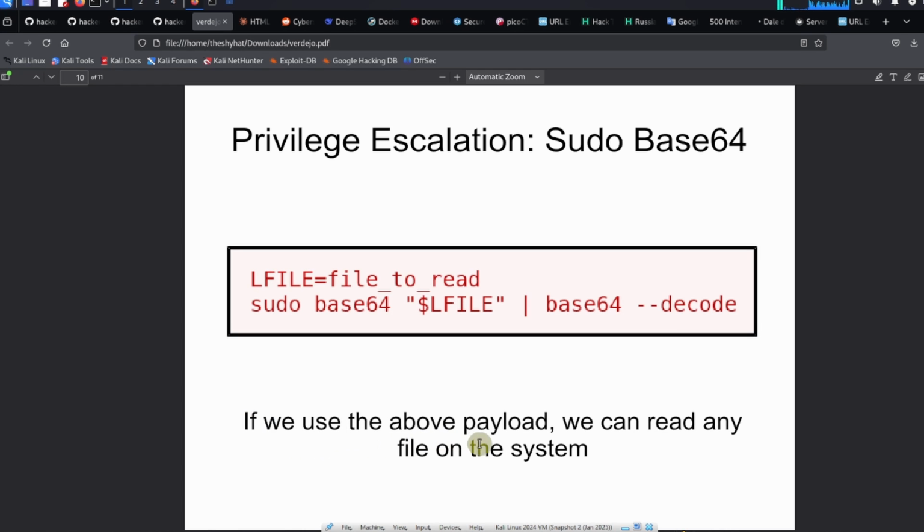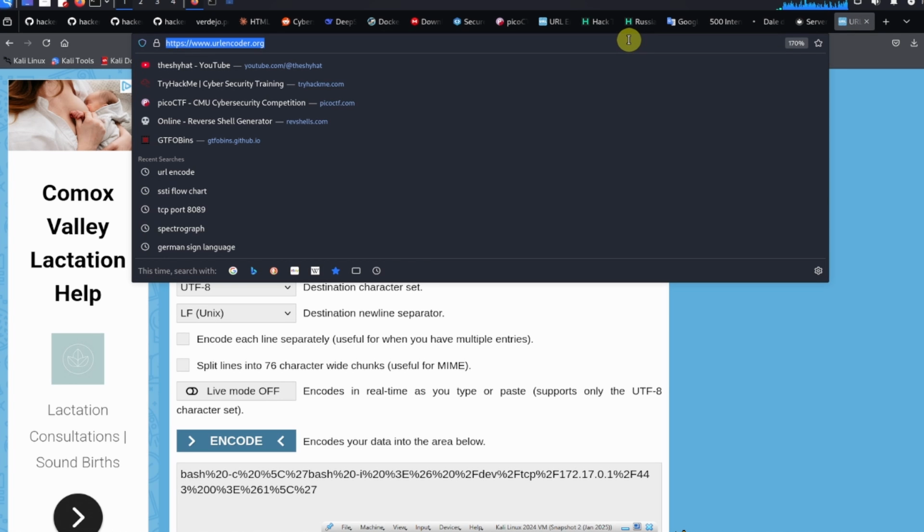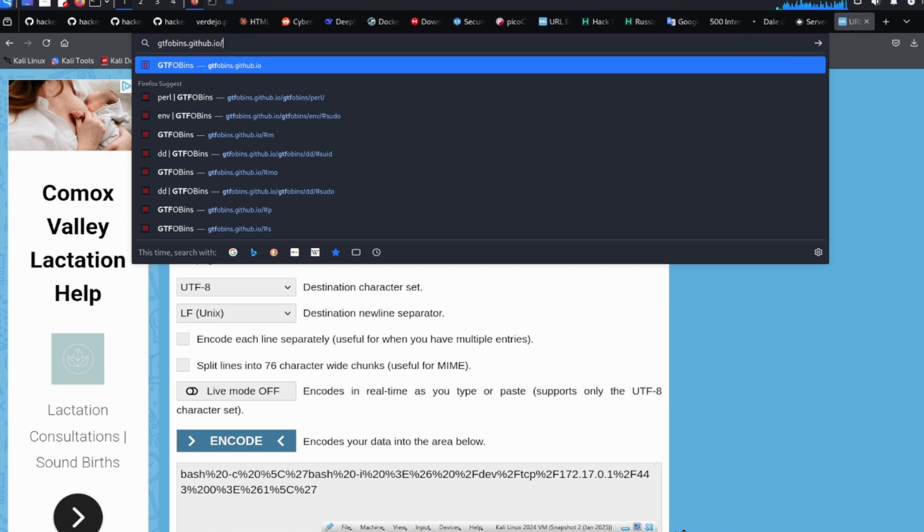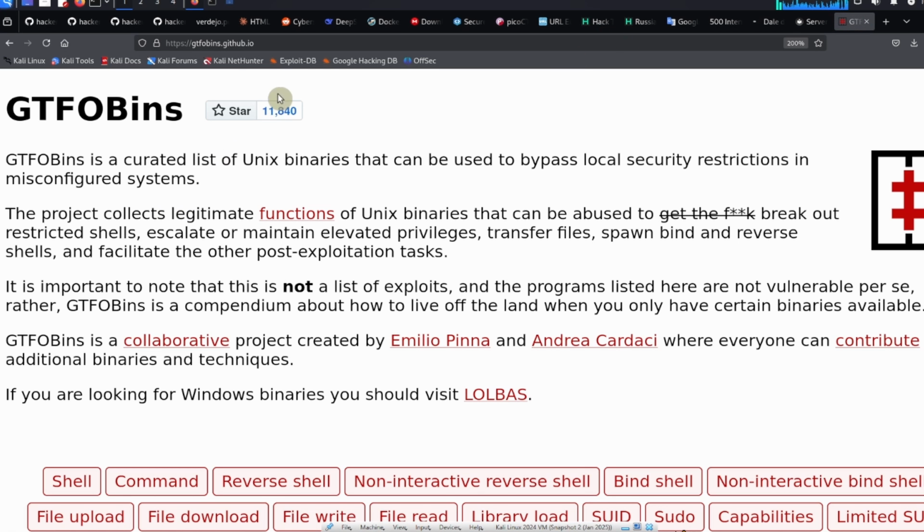And if we use the above payload over here, we can read any file on the system. So in this case, we're using base64 to encode a particular file, and then we decode it immediately afterwards. So this is a way we can do a privileged file read. And if you're wondering where we can get these kinds of payloads, there's a website called GTFOBins,